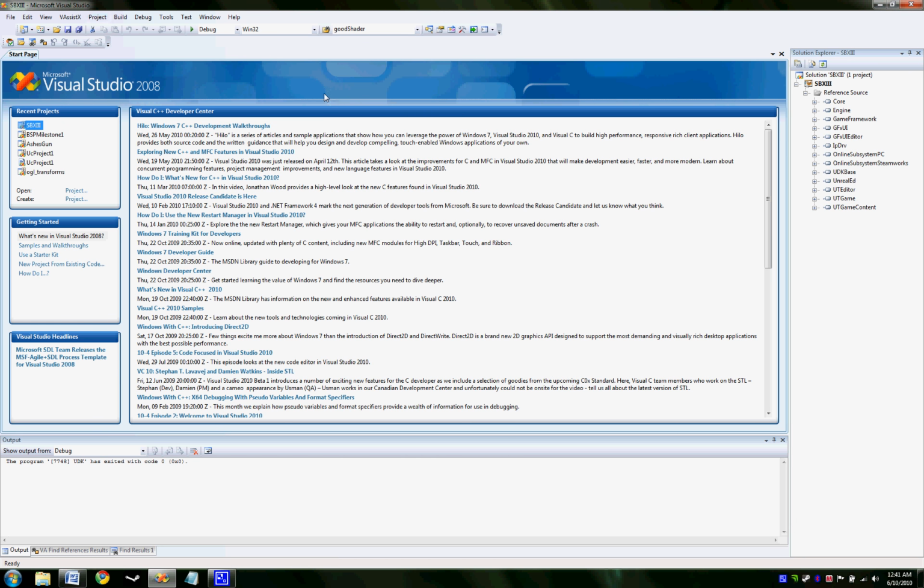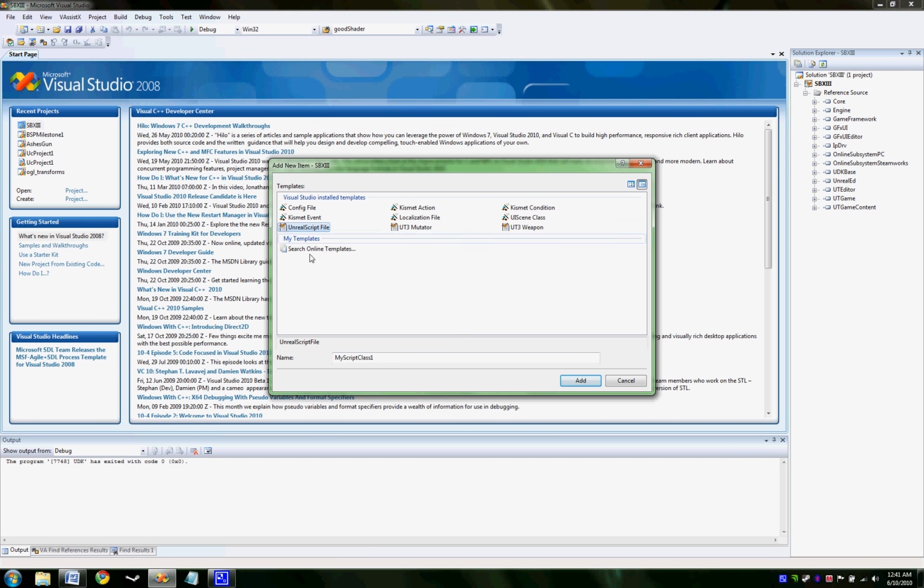Alright, for this tutorial you're going to need Visual Studio and you're going to need the Infringe plugin, which allows you to create Unreal Script in Visual Studio and run it from Visual Studio. After you create a new project, an empty project is what we're using, but if you already had an Unreal project you were working on, you could easily go from there. First thing we need to do is go to Add, New Item, Unreal Script file, name it after your weapon,